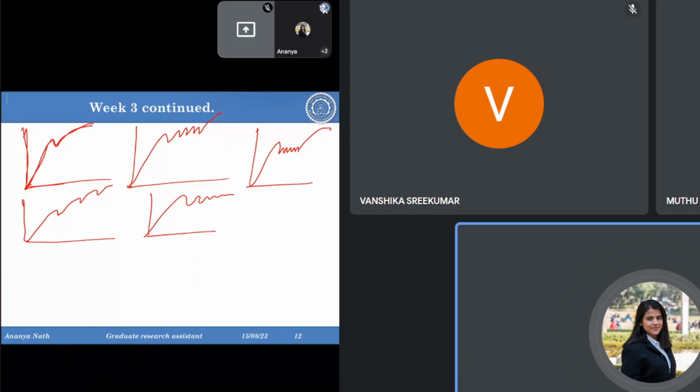One is strain, one is strain rate. Strain is nothing but, you can visualize, we are just pulling the material, we are just applying the load. That is how we are applying the strain. But strain rate is per unit time, per unit second, how much strain we are applying. So strain rate is also a very important thing here,